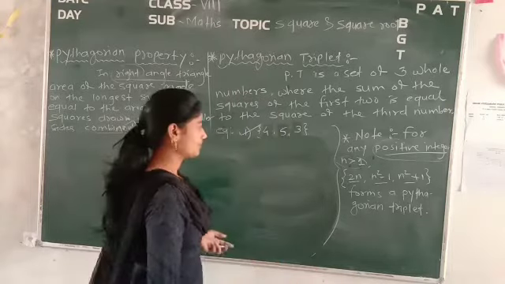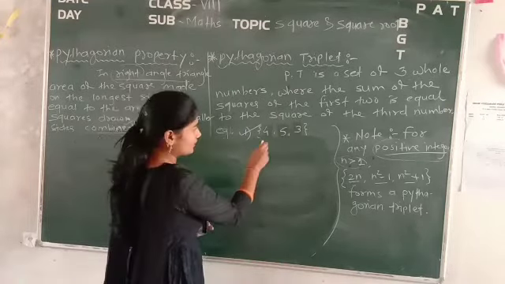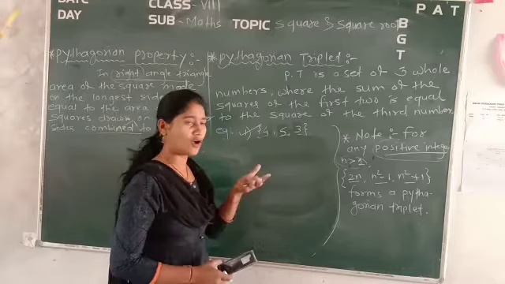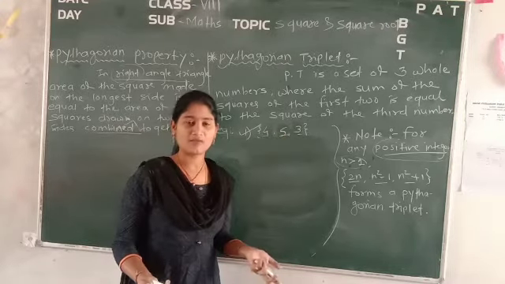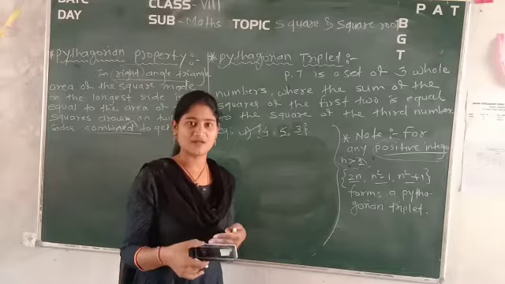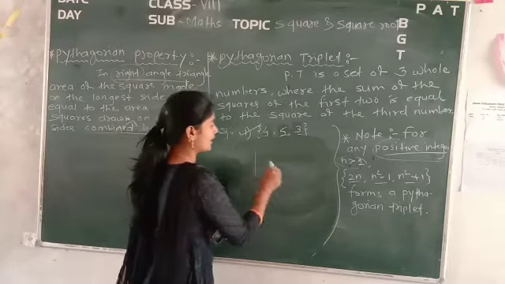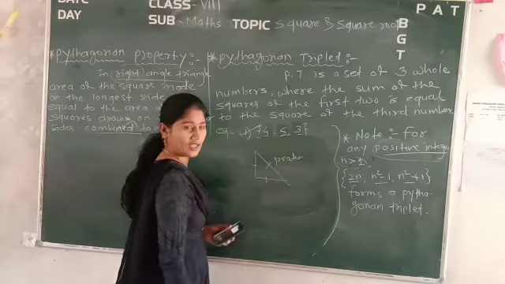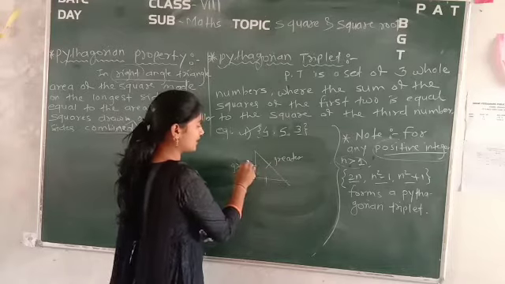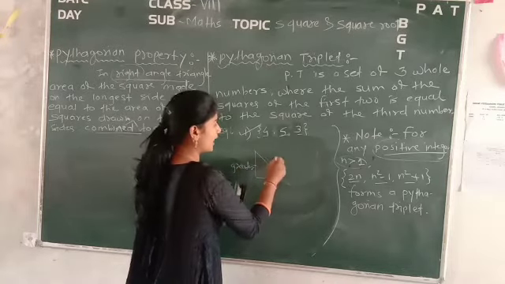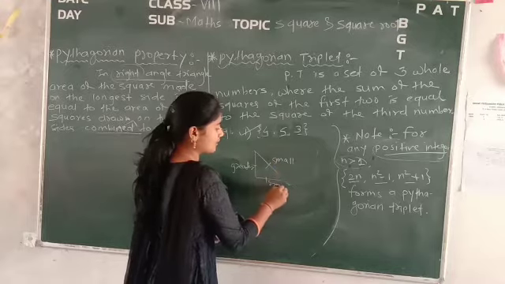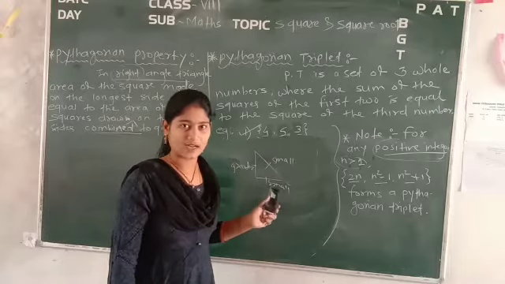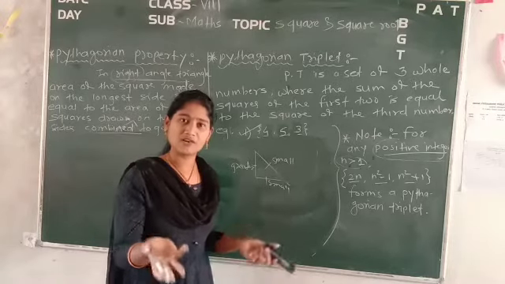Okay. So see here, one by one we will solve. Now if checking is there, if they are asking you to check whether the given numbers are a Pythagorean triplet or not, you already know that 3, 4, 5 is a set of Pythagorean triplet. But if I change the order of this one, now see, in the right angle triangle this side should be greater than these two. And if I have written this greater number here, I am keeping the smaller number in the hypotenuse, and here also I am taking the smaller number. Will it satisfy this property? No, it will not form a right angle triangle. It will form an acute or otherwise an obtuse triangle.